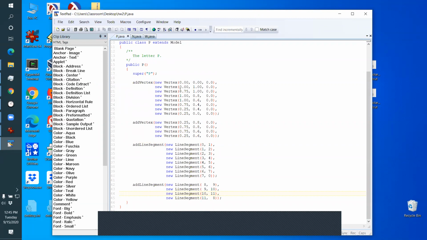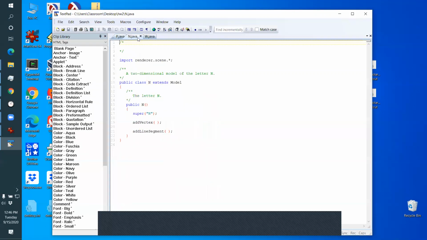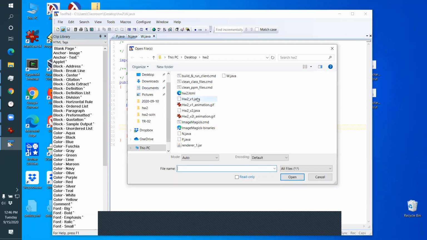The letter P sits in a square that's 1 unit by 1 unit. So the lower left-hand corner of the P is at the origin. Starting from the origin, I drew a letter P in a 1 unit box, and then figured out where the points should be, just by eyeballing them. You need to do that with N and W. Make your own N and make your own W. All right, so when you have these letters,